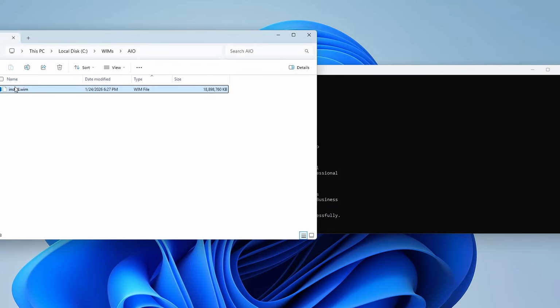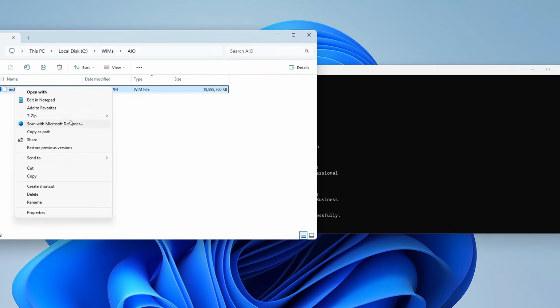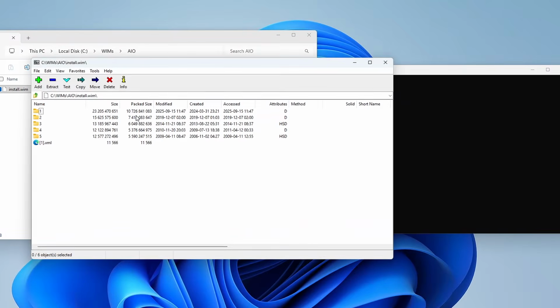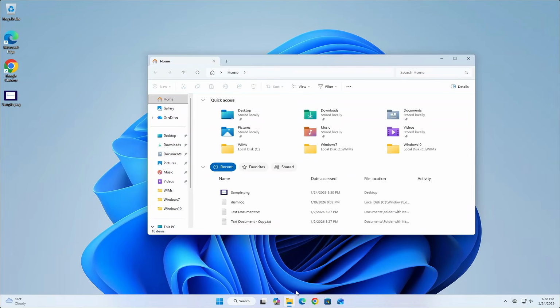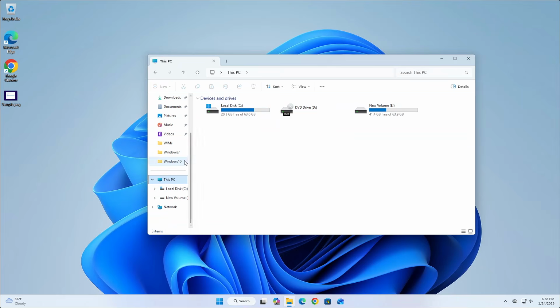Let's go ahead and use 7-zip just to look at the contents of the WIM file itself, just for fun. As you can see, 5 different editions of Windows all in one. Okay, so what we're going to do, just to make this as realistic as possible, and also to make the process of putting the WIM file onto an ISO a little bit easier, we are going to